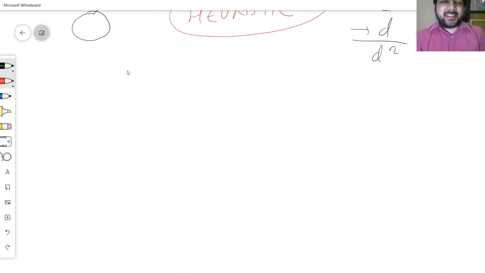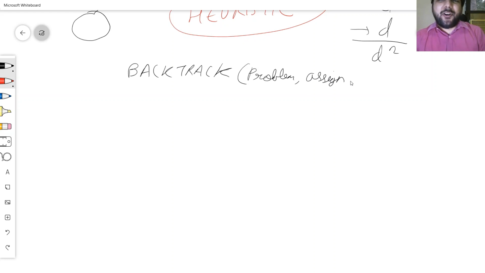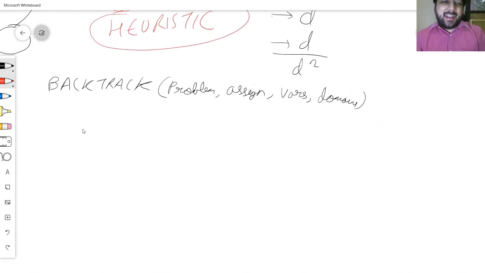The generic structure looks obviously like this, that I have my backtracking recursive function, which, why recursive, why not BFS? Because I need to be memory efficient. I lose memory much before I lose out of anything else. This is my representation of the problem. These are the assignments which have already been made. And of course, I've got a list of unassigned variables, and I've got the domains of all the variables. So all that I need to do at every step is that I need to select a variable by heuristic out of all the unassigned variables. Also, what I need to do is that I need to